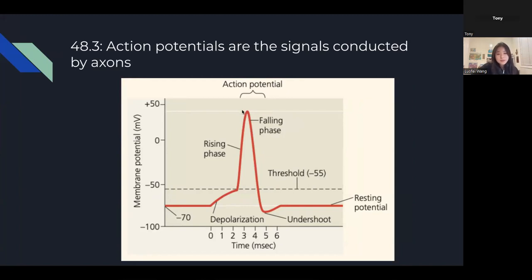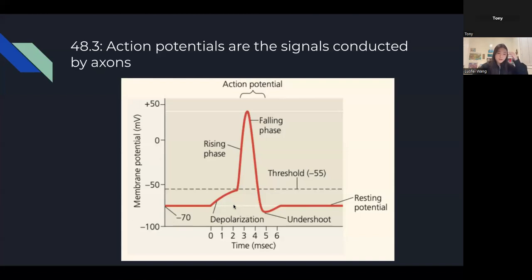So this is the graph of an action potential, and this is basically what happens when your neurons are transmitting a signal. So at resting potential, the membrane potential is around -70, but then depolarization happens, and depolarization is when your gated sodium channels will open up in response to a stimulus, and then that will allow more flow of